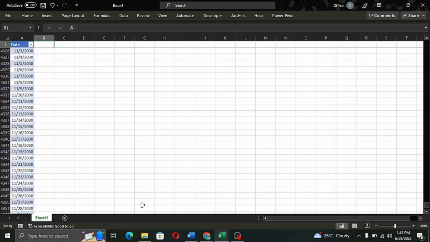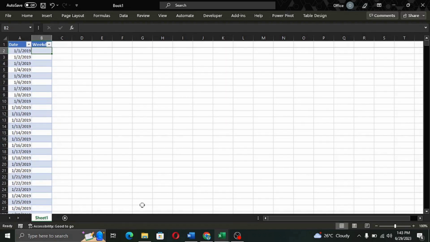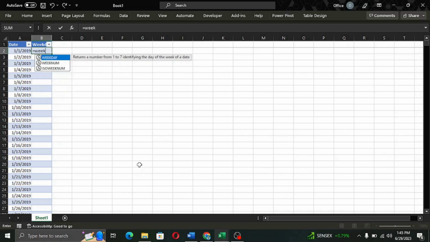Let's add a second column called weekday. Press enter. You see the column is added to the table that we just created. Here we will use a formula called WEEKDAY. So I'll press tab on the recommendation. Select cell A2